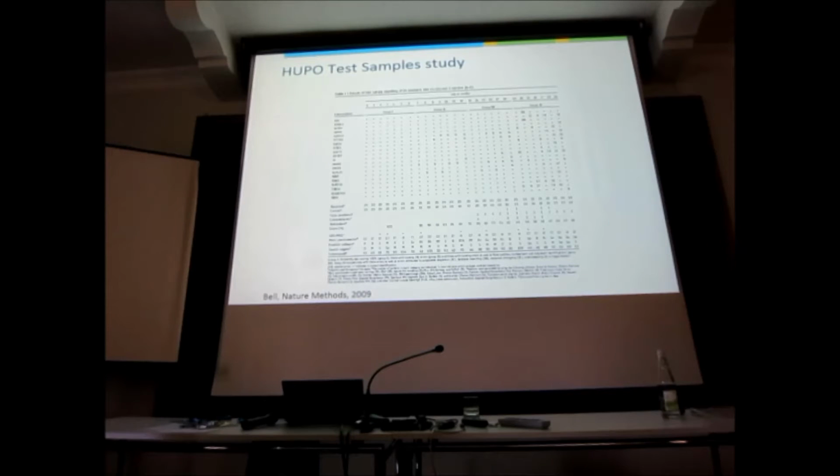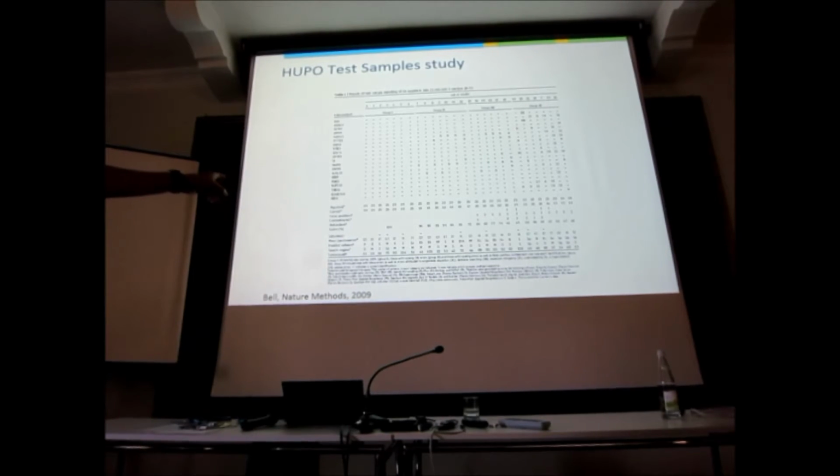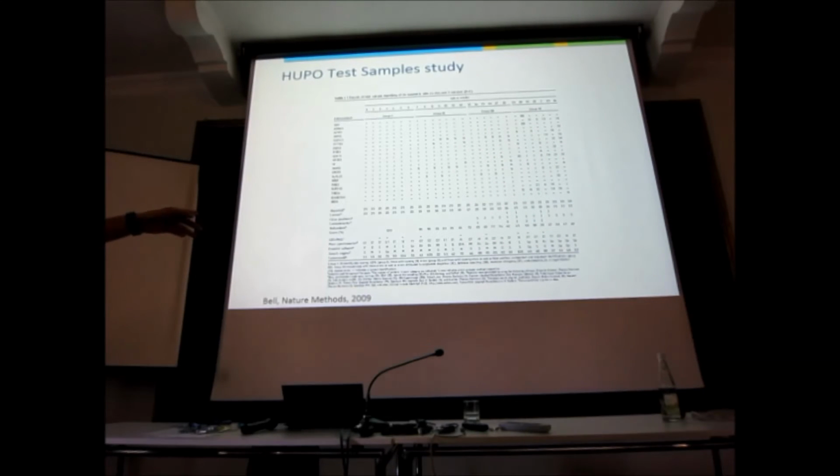Right? Okay, let's have a brief history of some attempts at quality control in proteomics. I'll start with the one, I'm a co-author on this one, and I really don't like this. The reason why I don't like this is this table. I can show you the email fights I had with the principal authors, me and a few other bioinformaticians. This is a flawed representation. It gets huge amounts of citations though. This is the HUPO test sample study.